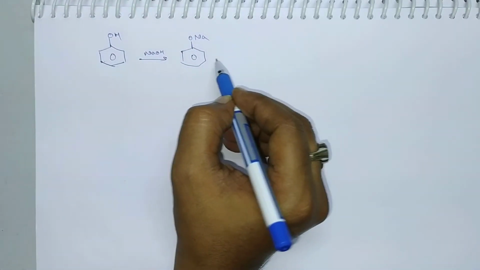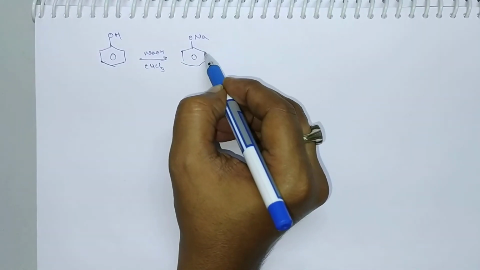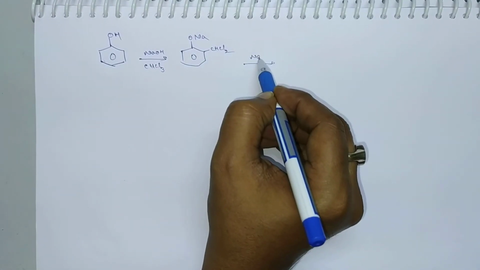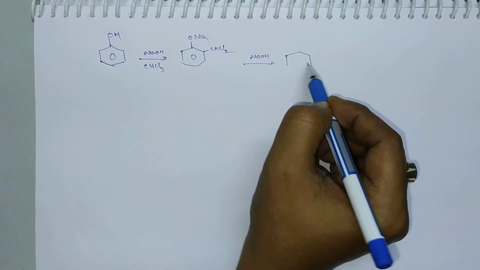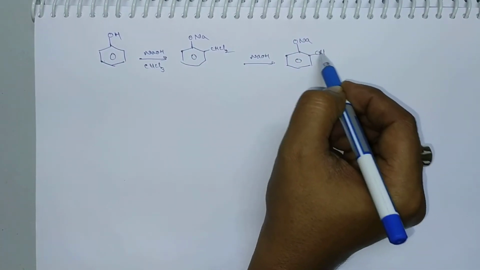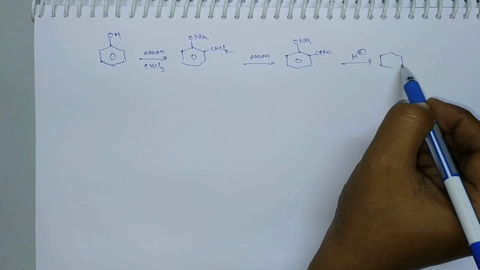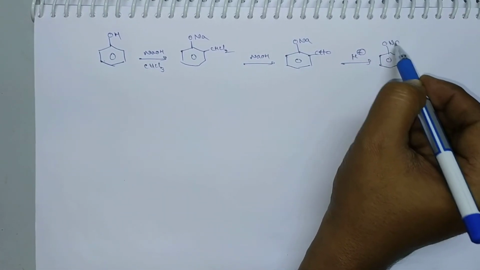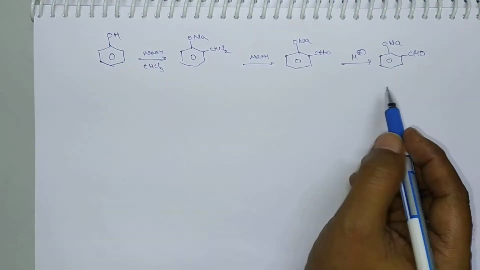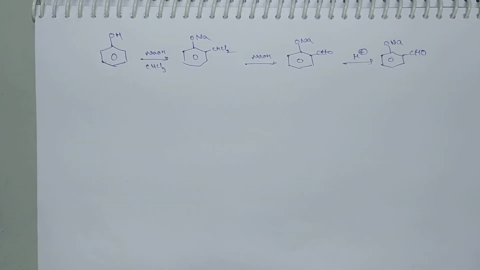So this again reacts with chloroform, that is CHCl3. When it reacts with CHCl3, it produces CHCl2. So this upon reaction with NaOH, that is basic hydrolysis, produces ONa, and simply we can write CHO. So this upon reaction with H plus from water, it produces OH and CHO. You can write simply like this also. So this is the equation for Reimer-Tiemann reaction. Okay, clear? And next one.